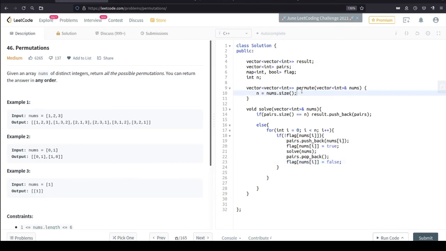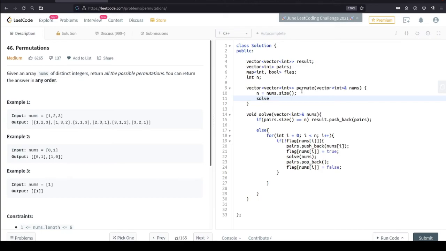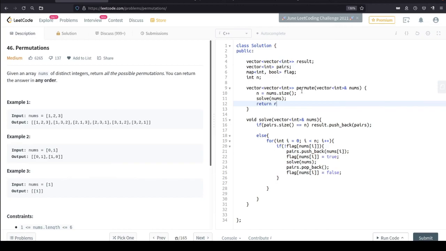So in the main function we will just call this function with nums, and we will return our result, okay. Let's check if I have missed something or not. Yes, it seems to be correct. Let's run the code and see if it is running fine.